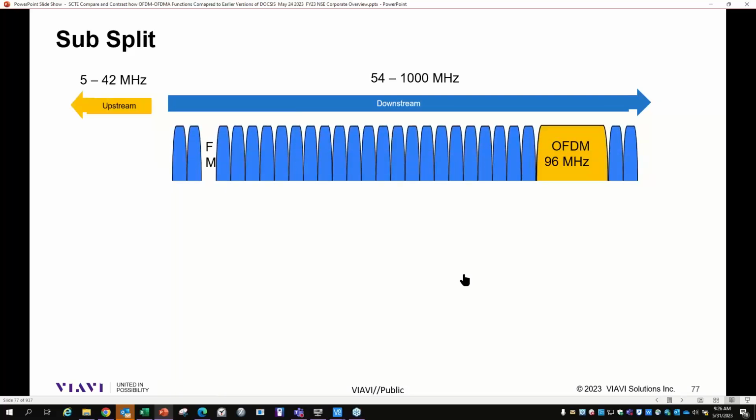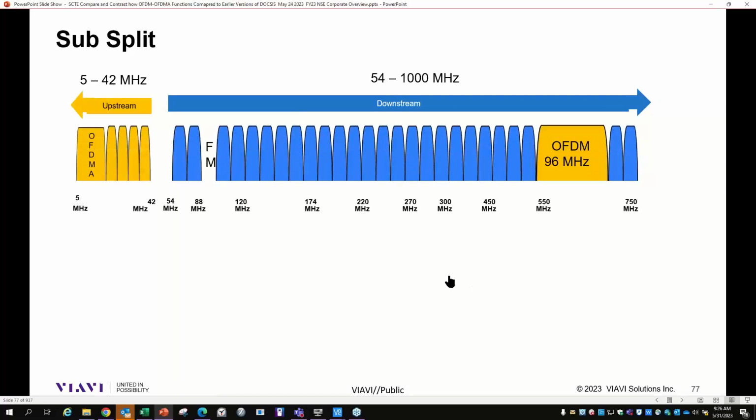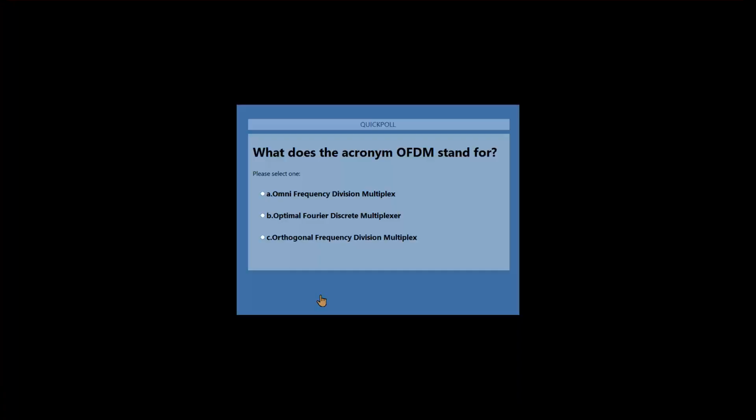So here's an example of a subsplit. Most systems are generally 5 to 42, and over time, they've added an OFDM carrier. Most systems carry at least 4 single QAM carriers, but in some situations, they've added an OFDM carrier down at the lower end between 6 megahertz and 20 megahertz, for example, and eventually, over time, started to remove the other